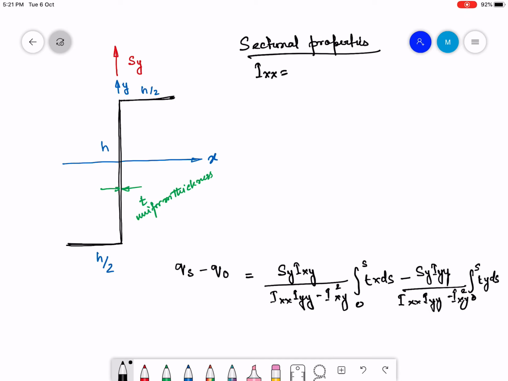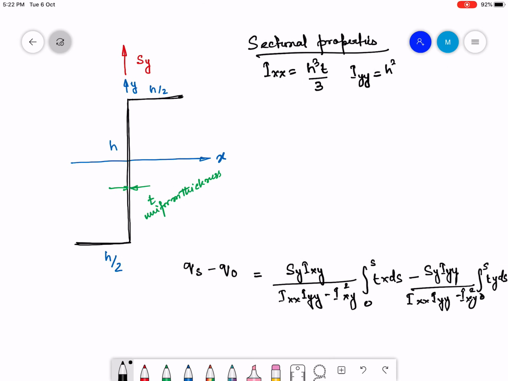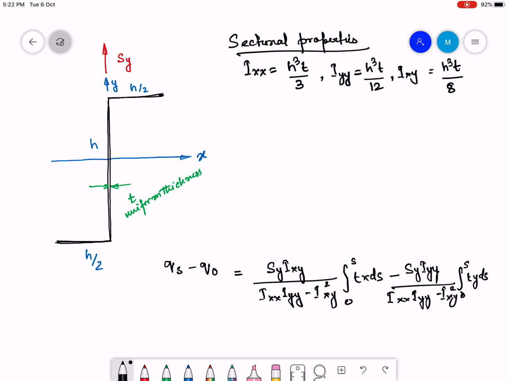So Ixx for this cross section is h cube t by 3, Iyy is h cube t by 12, and Ixy is h cube t by 8. If I plug these values into this equation, which I call equation 1,